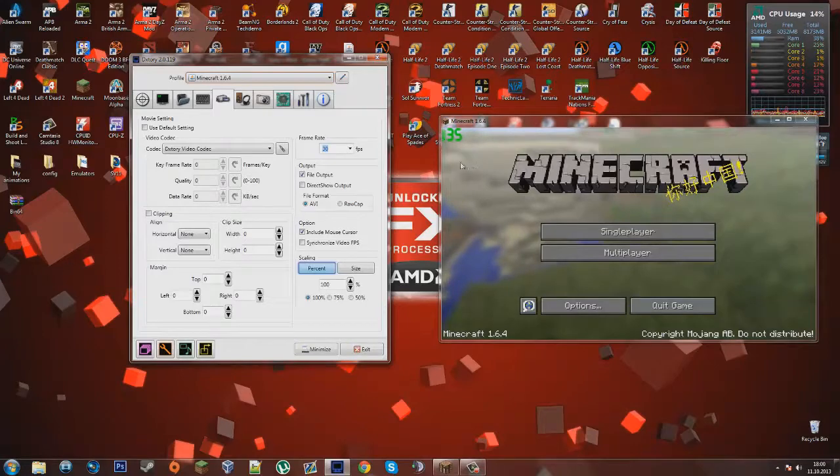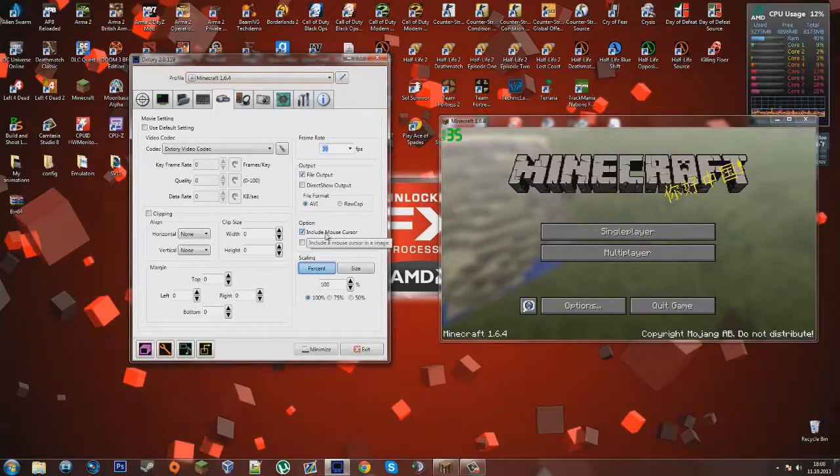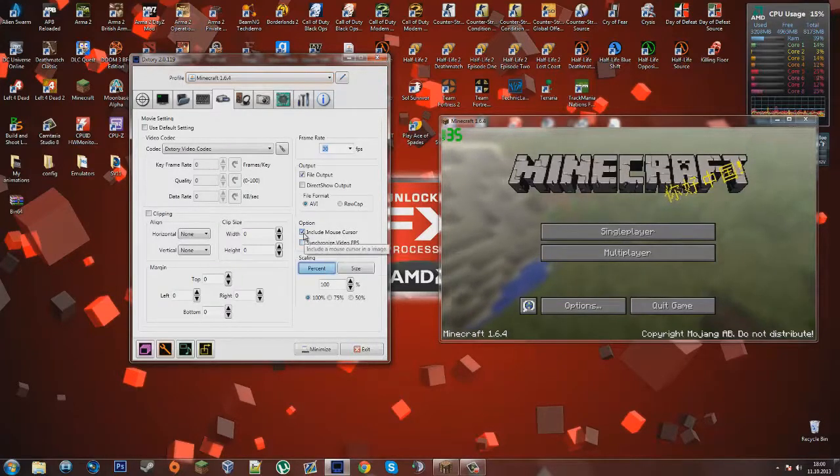But Fraps is bound to lag with some people, or lag out their game when they're playing it. These are options. This is include mouse. If you check this, it includes the mouse cursor in your recording. I personally have this checked. I recently checked it because if you look at my older videos, I don't have it. So yeah,